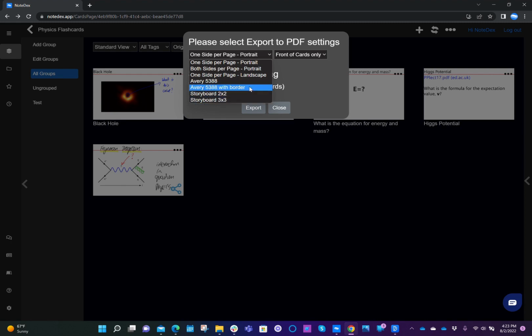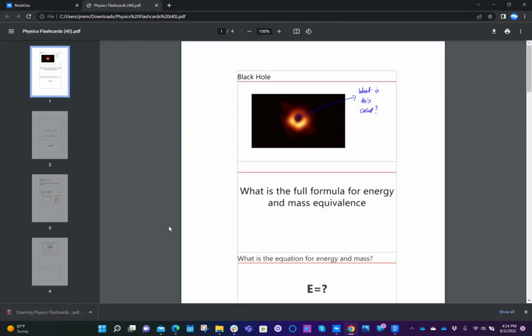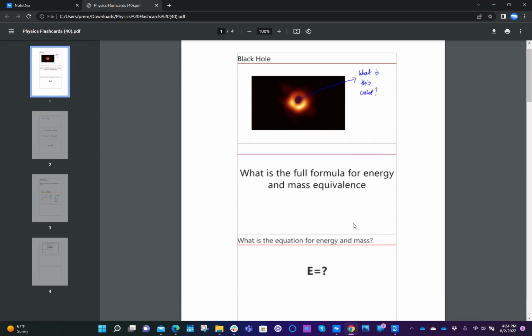Let me show you what happens when we do an Avery 5388 order. In this example, I want to print both sides of the cards. When we do the export, it will create a PDF in your downloads folder. Let's open it. The first page will show you 3 cards, which are the fronts of the first 3 cards.